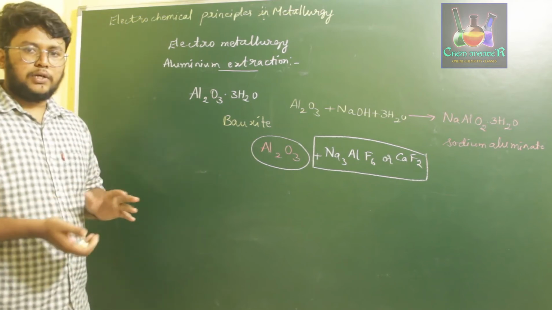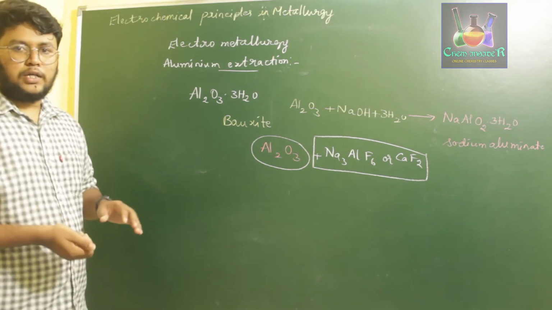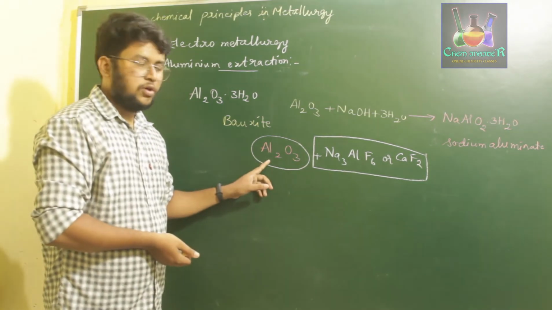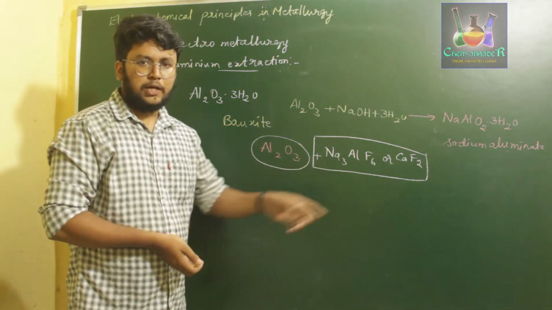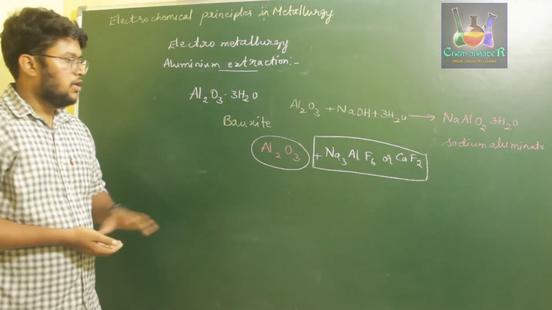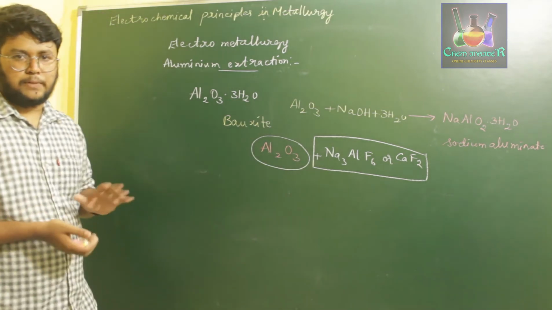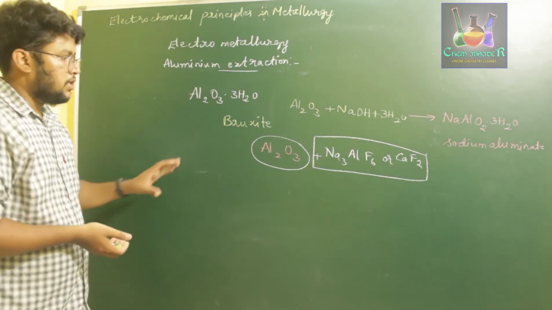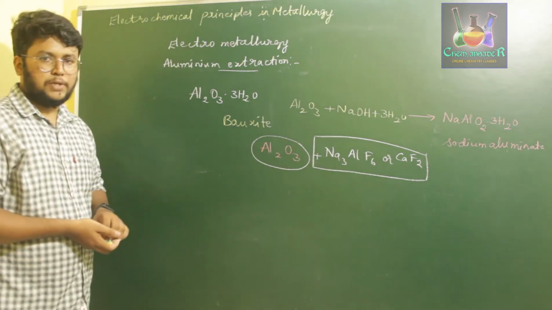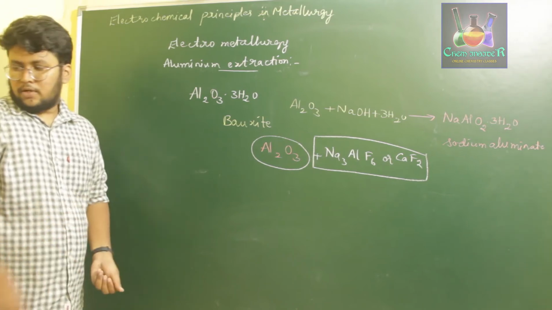Aluminium oxide has a very high melting point. If we directly electrolyze it, we won't get a reaction at a good rate. So we mix aluminium oxide with Na3AlF6, which reduces its melting point. This complete compound is taken in its molten state. Once we take this molten Na3AlF6 and Al2O3 mixture, we take it in a container in order to electrolyze it.